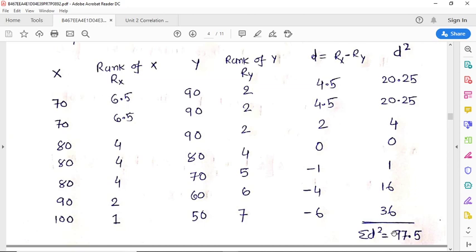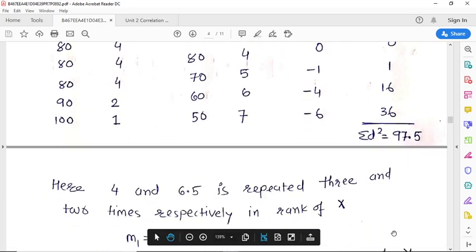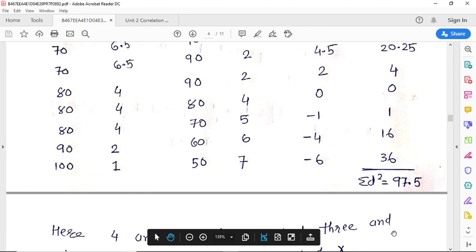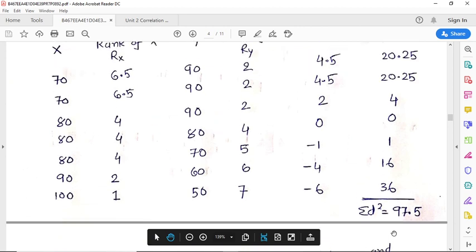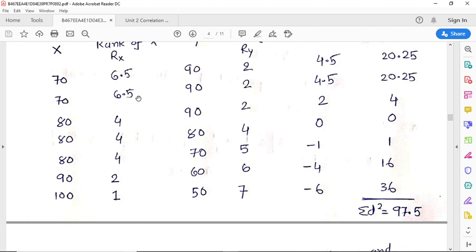So this is the data of sigma d square. And now for the repetitions here in this rank of x, 6.5 is repeated 2 times and 4 is repeated 3 times. Okay, so we'll now consider m1 is equal to 2 because 6.5 is repeated 2 times. M1 is equal to 2 and M2 is equal to 3 for the column of rank of x, and here